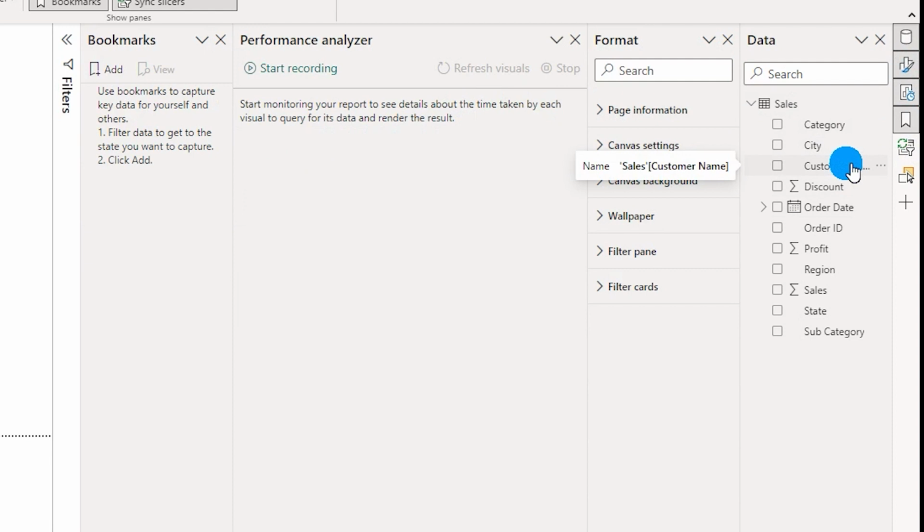Now this is that one feature that I was waiting for a very long time for Power BI to add, and finally Power BI has added this. And now I'm already looking forward to more features which Power BI is going to release in the month of